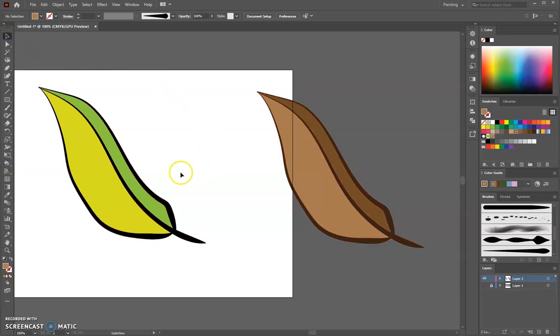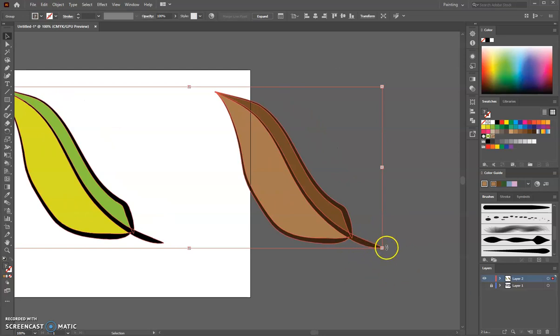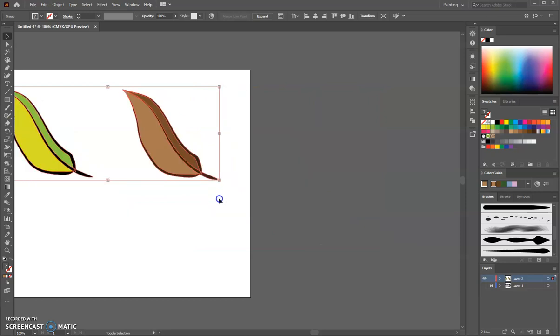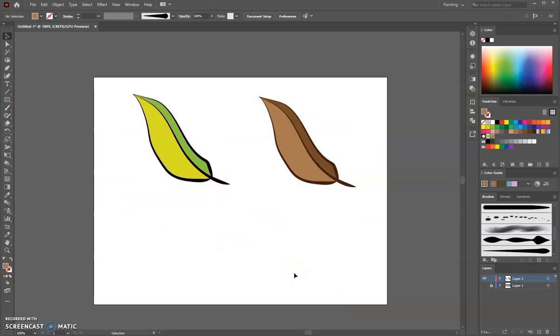Right away, I have two different leaf shapes drawn with a custom line that I drew. So let's shrink those up. I selected them both with my black arrow, holding my shift key, and bring those in. Look at those two nice little leaf shapes there, one live leaf and one slightly dead leaf. So again, really quickly, the secret to this for your custom brush is to have a tapered